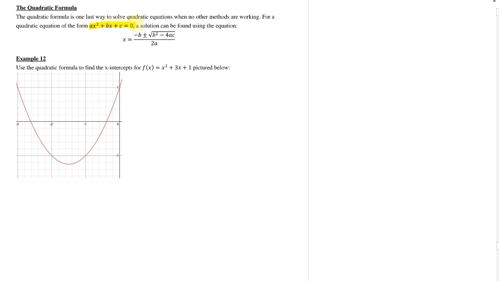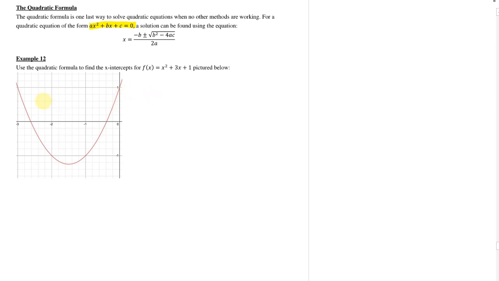ax squared plus bx plus c equals 0. So this is kind of the general way that we think about quadratics. So you find the number that's in the a spot, the b spot, and the c spot, and after you've identified those, you plug those into this formula here. Okay, so what I want to do